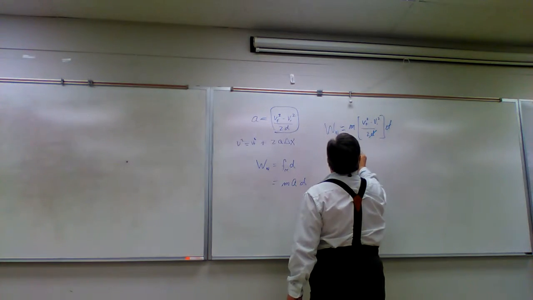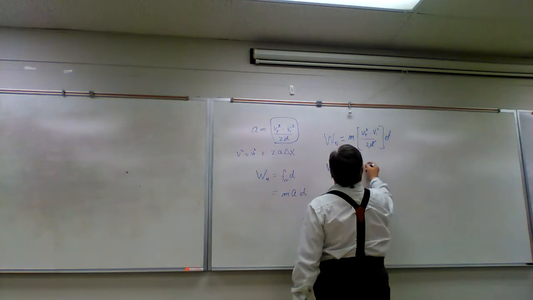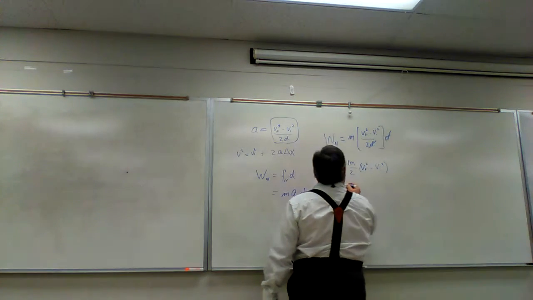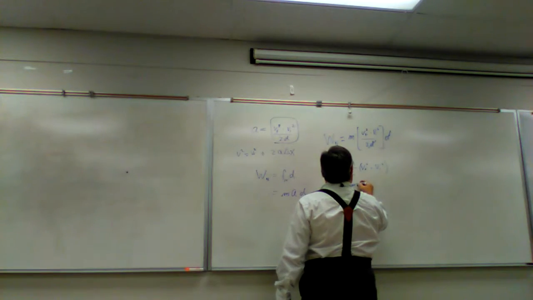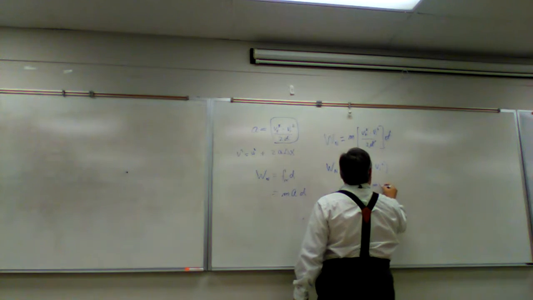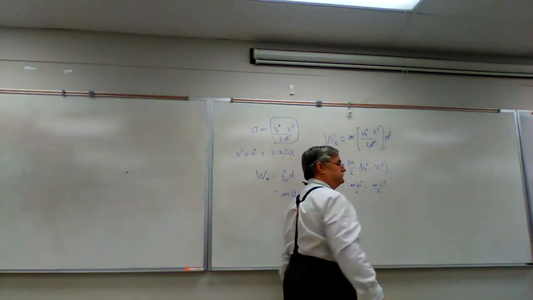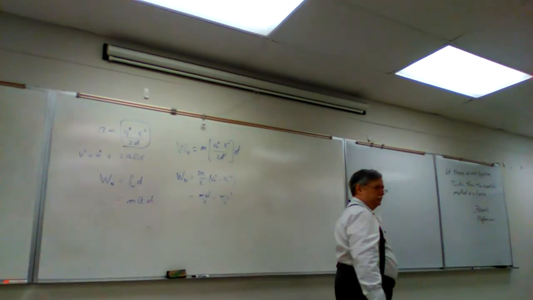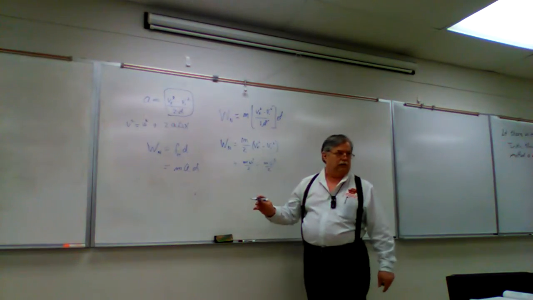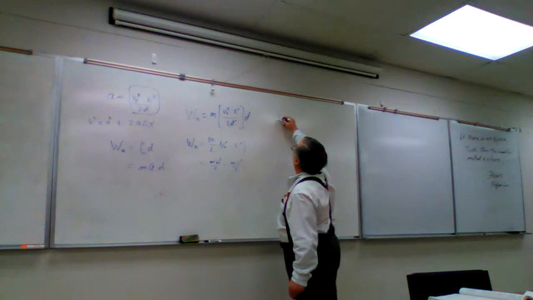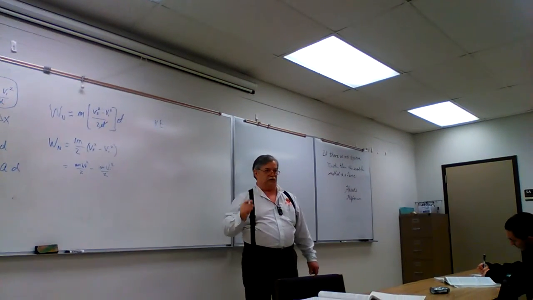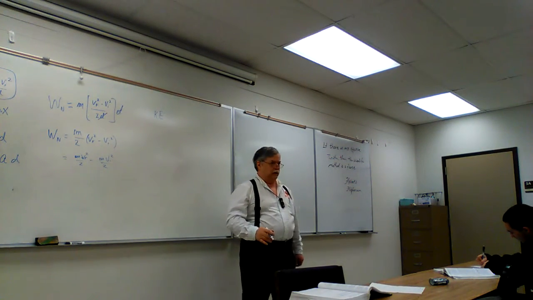is equal to mass divided by 2 times V final squared minus V initial squared, or m v final squared over 2 minus m v initial squared over 2. Is any of this looking familiar? We define this term as the kinetic energy. Now in the book it's going to be specific and say the translational kinetic energy, meaning